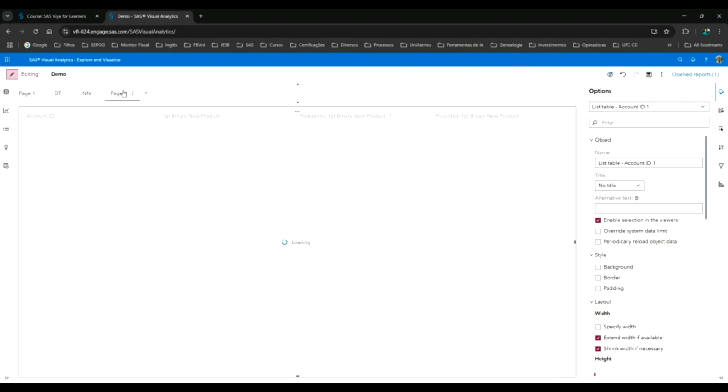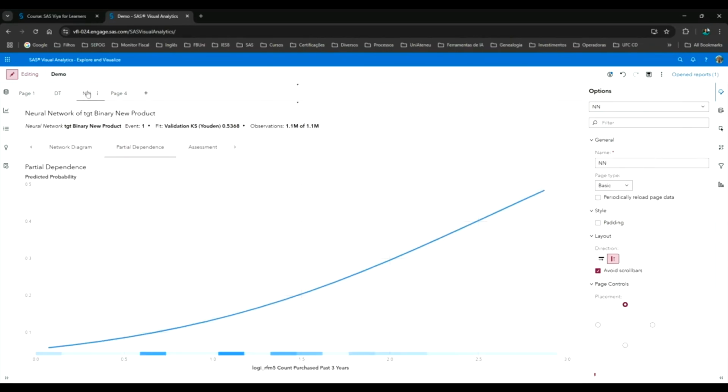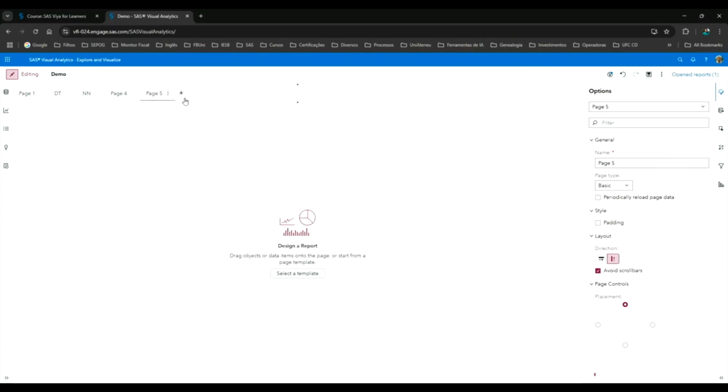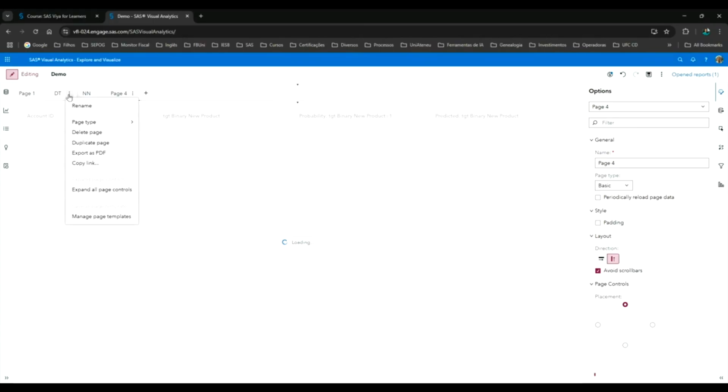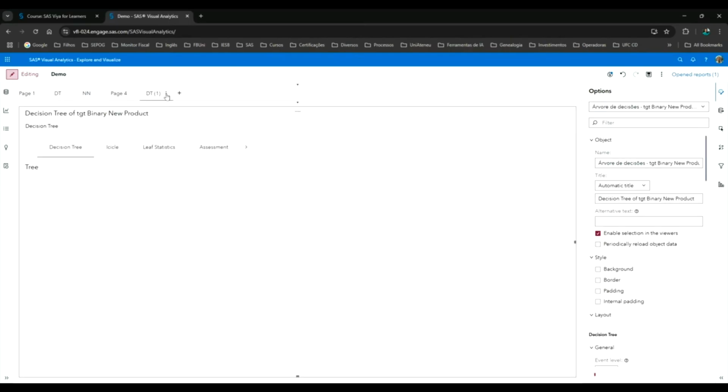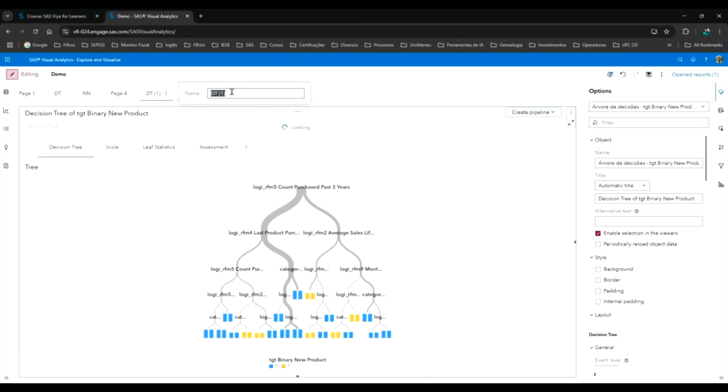But what I want to show to you is how we can explain this neural network, for example, using a decision tree. Now I will do this. I will just duplicate our decision tree. Then I will rename it to decision tree for neural network.